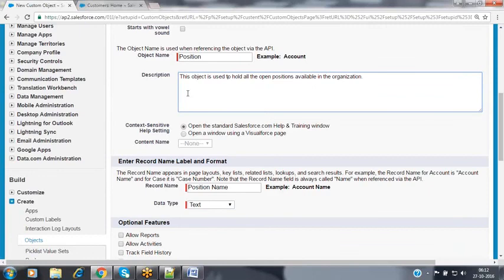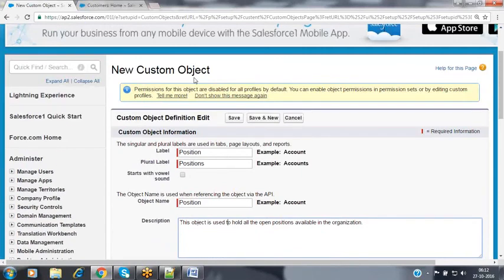In order to store all the open positions available inside my organization, I would like to use this position object here. For example, assume that I'm a project manager inside an organization. Now I have a team. Inside my team, I have 10 Java developers. I'm managing a Java application. I'm the responsible person for the whole application, its development and the deliverables. Now from my team, 2 members resigned because they got a very good opportunity in a different company. They would like to relocate to that location.